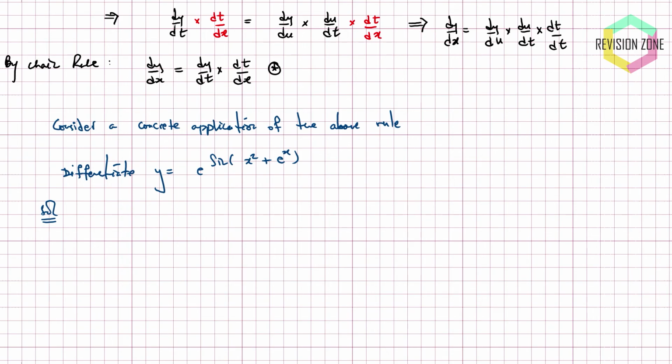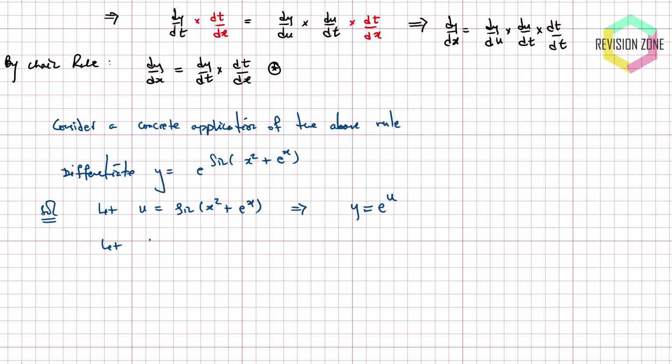So let me just say, let u equal sine of x squared plus e to the x, right? Well, that helps me because that tells me that I can just write my y as e to the u. So now y is just a very simple function in terms of u. But then my u is a function which is slightly complicated. I can then say